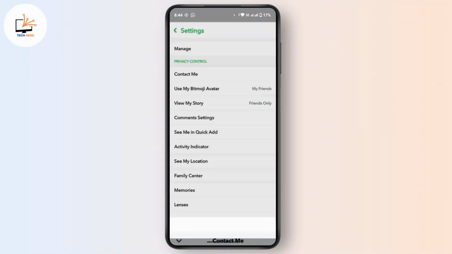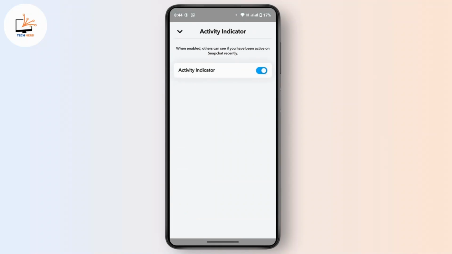Now again go back and from here you have to go to activity indicator and make sure that your toggle has been turned off. Once it's turned off, no one will be able to view if you're active on Snapchat